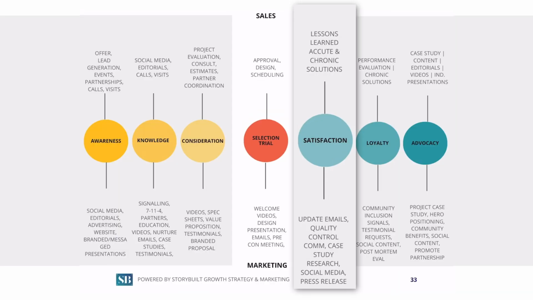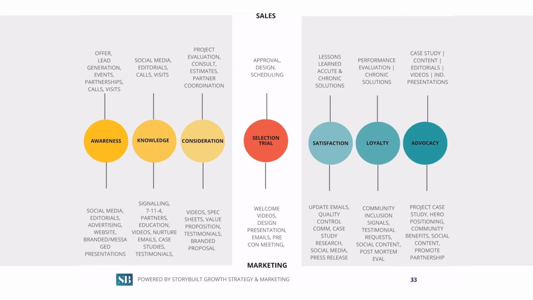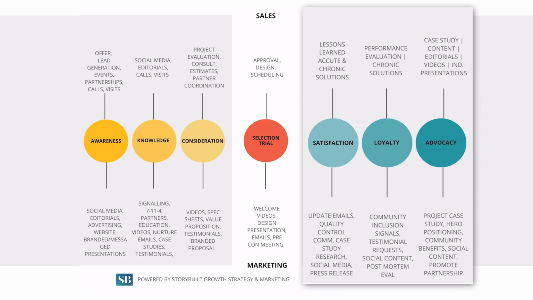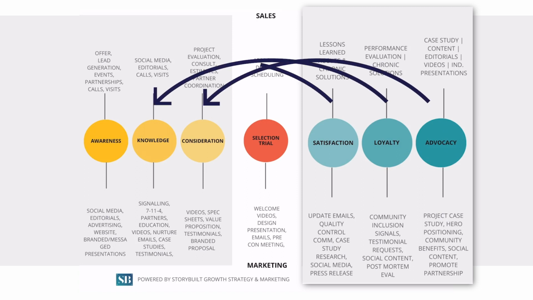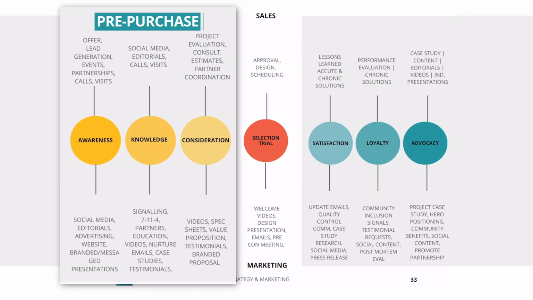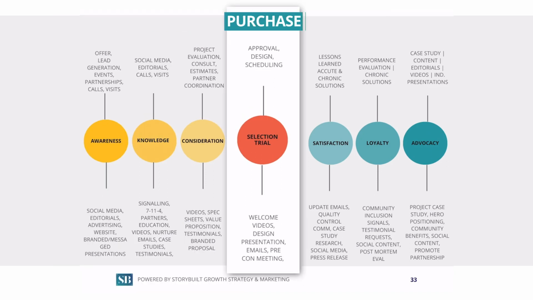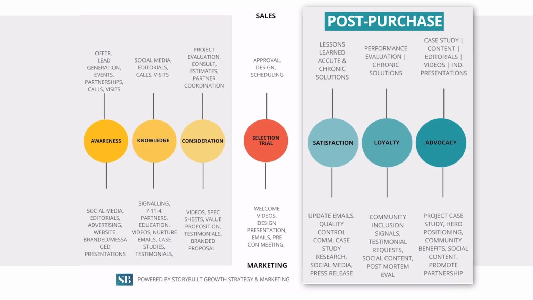And then satisfaction, loyalty, and advocacy, which I include, even though a lot of people feel like, okay, sales and marketing is done right here. And actually they're not done, because everything that happens over here really dictates that they are a repeat customer, that they're loyal, that they are advocating for us. And then we can recycle all of this back in to this area to continue to get tons of value. So this is kind of your pre-purchase over here on the side, your purchase cycle, and your post-purchase.